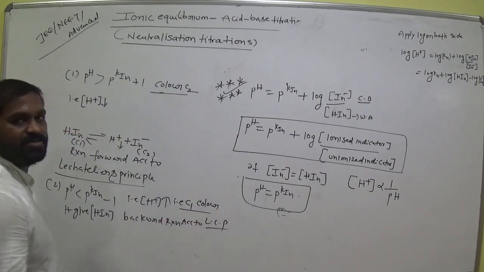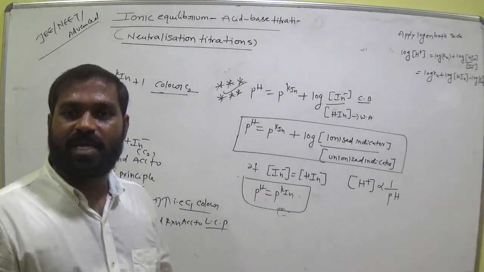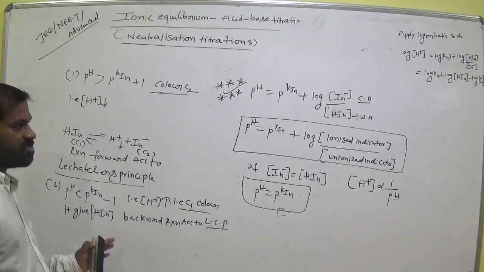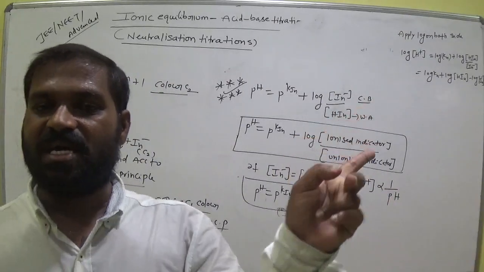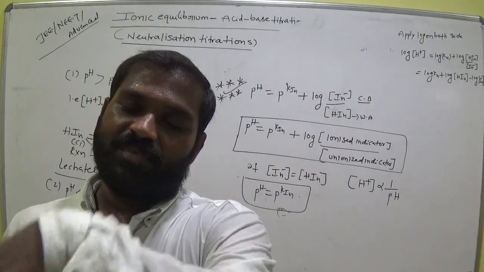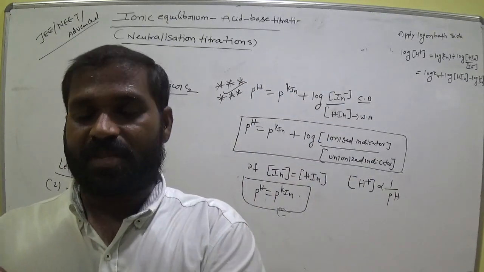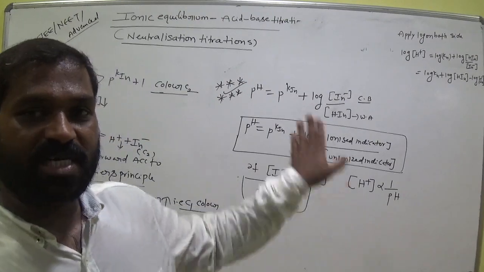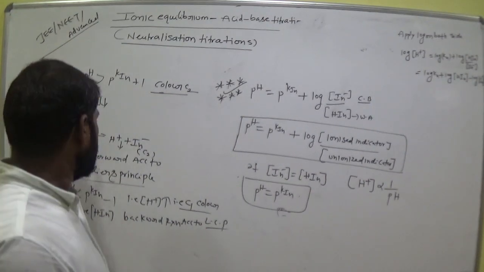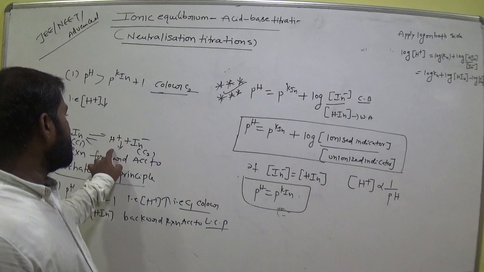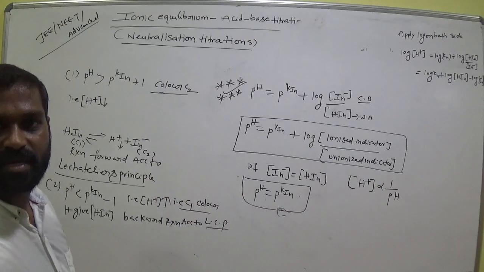C1 means color 1, C2 color 2. Suppose the green color is there in C1, green color appears. In C2, the red color is there, red color appears. Okay? Is it clear? So Le Chatelier's principle is also applicable here. Remember this. What is Le Chatelier's principle? If product concentration increases, the reaction moves backward. If reactant concentration increases or product concentration decreases, the reaction moves in the forward direction. Product concentration is high, reaction backward. Product concentration is low, reaction forward. Okay, is it clear, everyone?